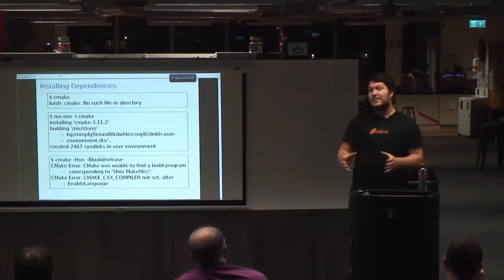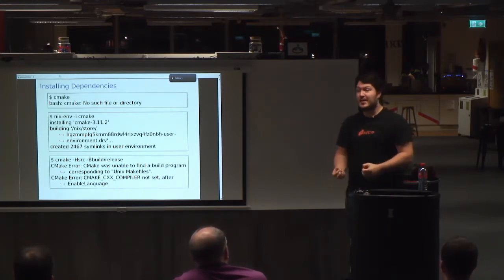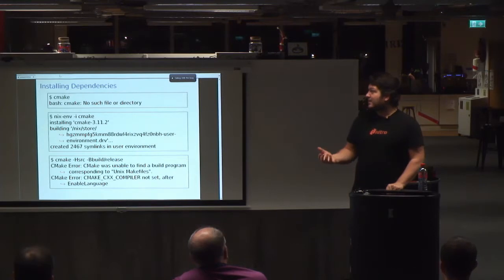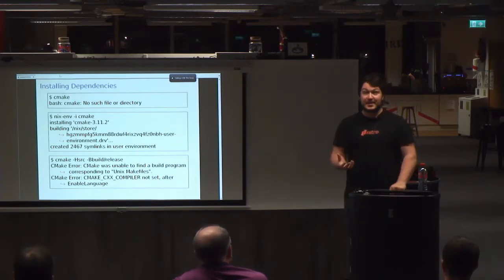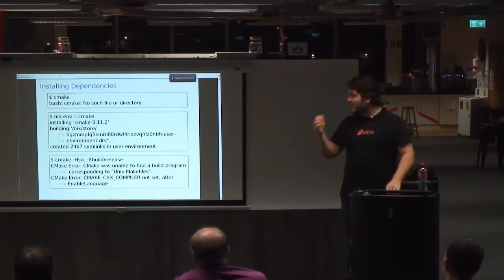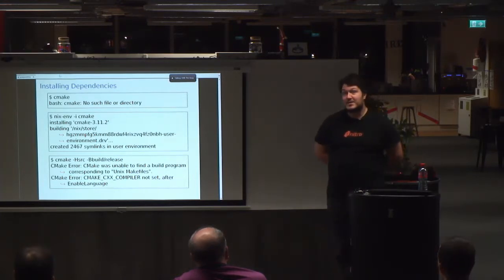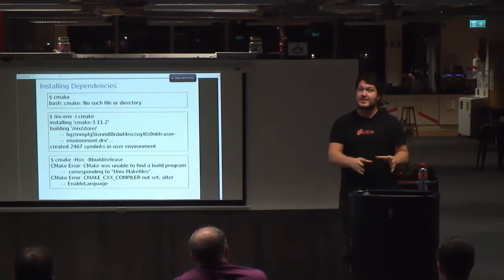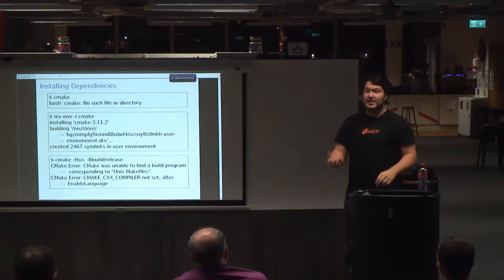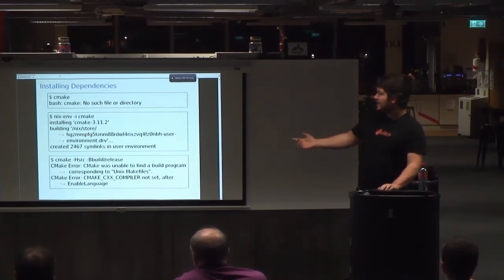Throughout this talk, I'm going to go through using a sample C++ project with Nix. The first thing I want to do with this project is build it with CMake in this case. So I run CMake. CMake is not installed on the computer. So nix-env is the package install command. It installs a package locally for a single user, so different users on the same system will see a different set of packages depending on what they install. And so if I install CMake and run it again for this project, I get an error.